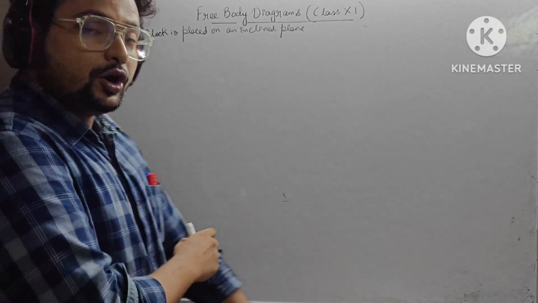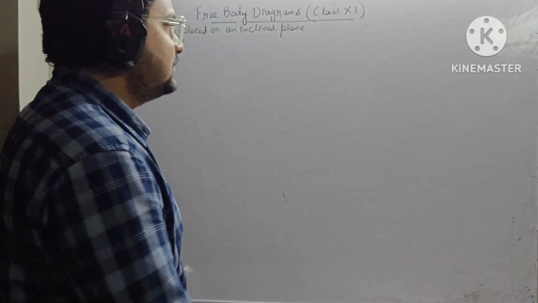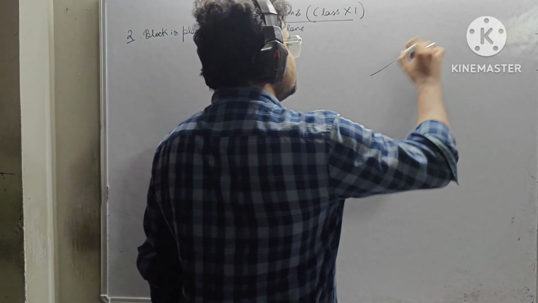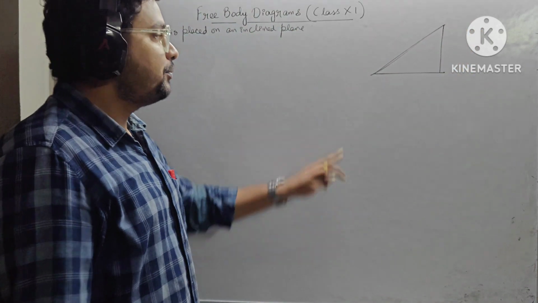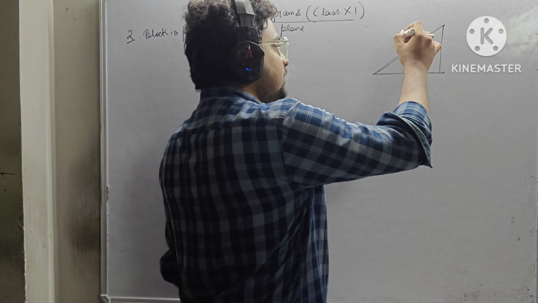So number 2 is if a block is placed on an inclined plane. Now what is an inclined plane? This type of surface is known as an inclined plane. So if I place the block over here,